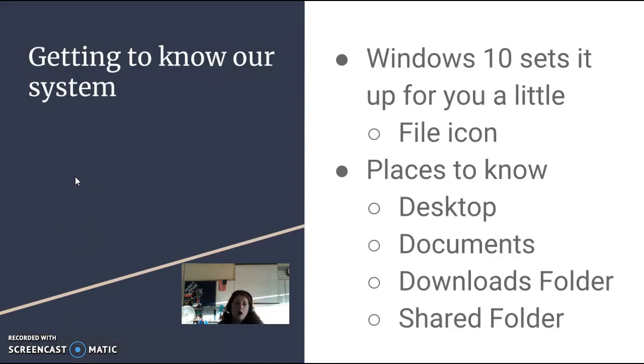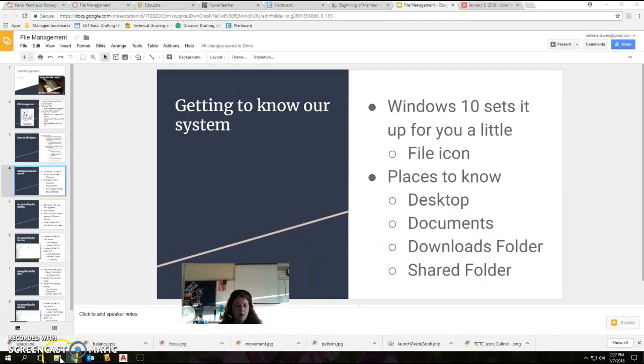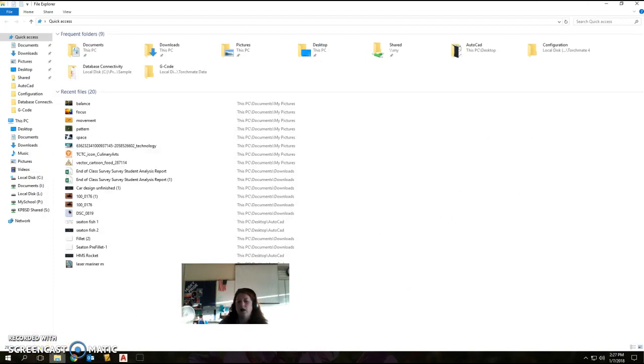Getting to our system a little bit, they set it up for you a little bit in the welcome screen on the home page, with a file icon, and we want to know these areas. You want to know your desktop, you want to know where your documents are, your download folder, and shared folder. So let's open up our file. This is the file icon, that's what I was talking about. This should be on the bottom bar of your